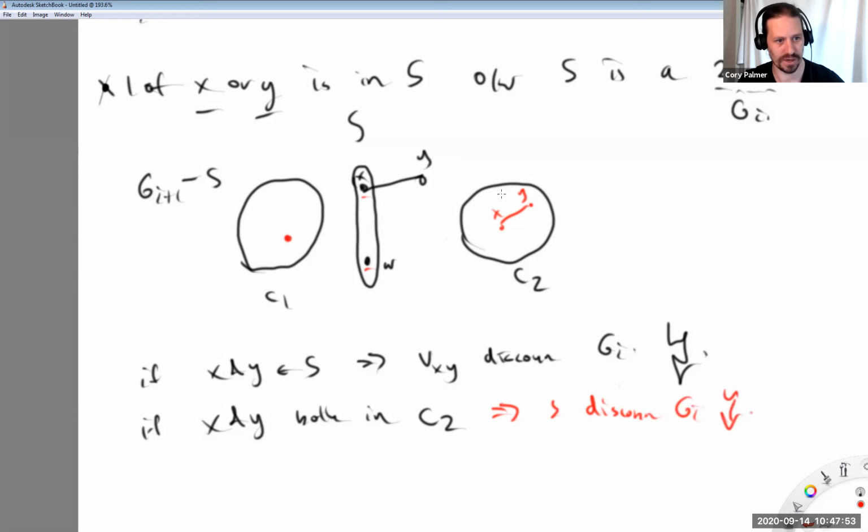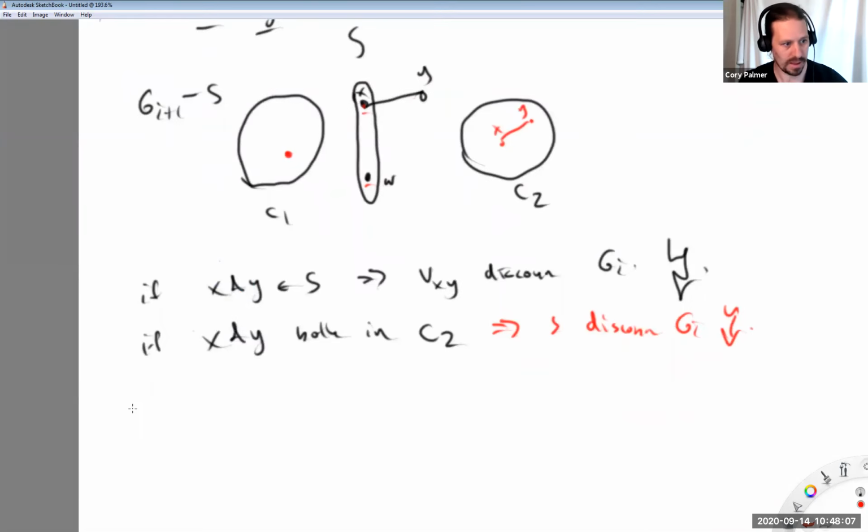Because I've got a vertex over here, and after the contraction, I still have a vertex over here, at least. If I have 2, it goes down to 1. Okay, so that, again, tells me this part here. So I've actually reproved this with the picture here. Okay, so now, if